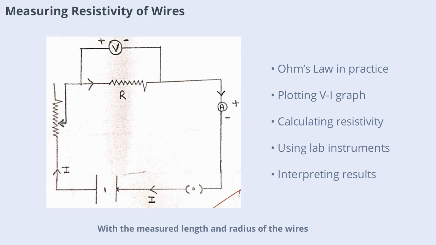With the measured length and radius of the wires, we then use the formula for resistivity, which involves the resistance, length, and cross-sectional area. Careful observation and calculation allow us to determine the resistivity for both wires A and B, with results typically expressed in ohm meters. This experiment not only reinforces the concept of Ohm's law but also demonstrates the practical process of measuring material properties